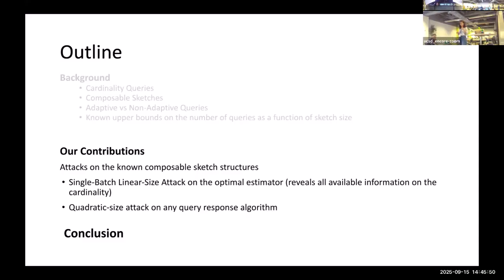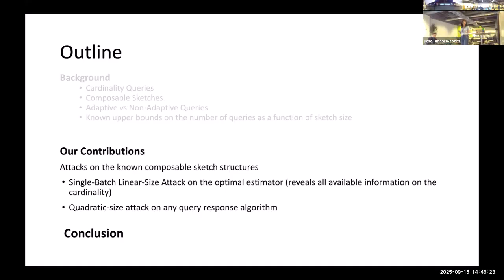As I said, we will look at the setting where we submit some queries in a non-adaptive setting, but for the final query, we look at the answers for all these queries and then submit a new query. So we have one round of adaptiveness, or what we call a single batch version. This would be linear, so we can attack the estimator in linear size O of k, or if you are allowed to do adaptive queries, then in O of k squared, we can